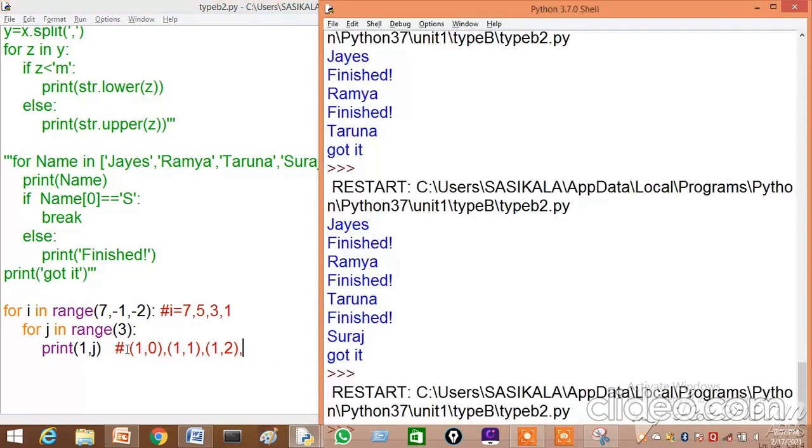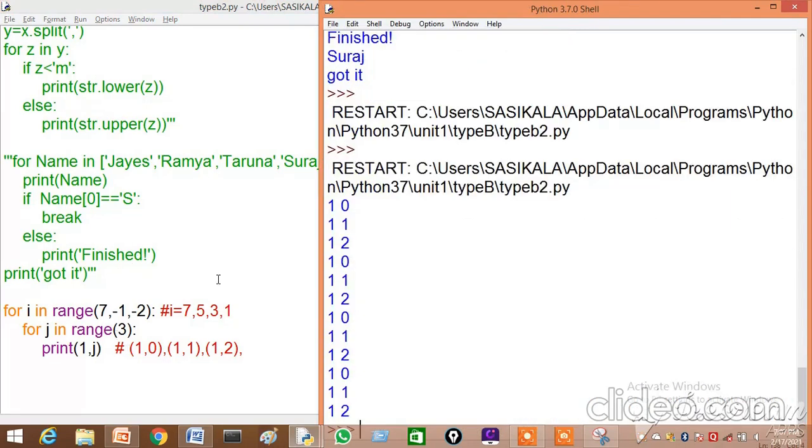Let us see. The same thing occurs. So 1 comma 0, and these three things will repeat for how many loops? 4 times it will repeat. But the question given in your book won't give any output. With minor changes, if you change the range only, you will get this output.